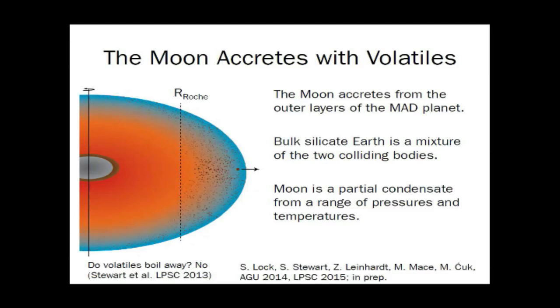And so you cannot lose all of your volatiles in this process. So if the moon is a partial condensate of this massive structure, and that massive structure has volatiles, the moon will receive a portion of it, a little bit that condenses from the outer edges, but not be entirely dry. So finally, I just want to say that